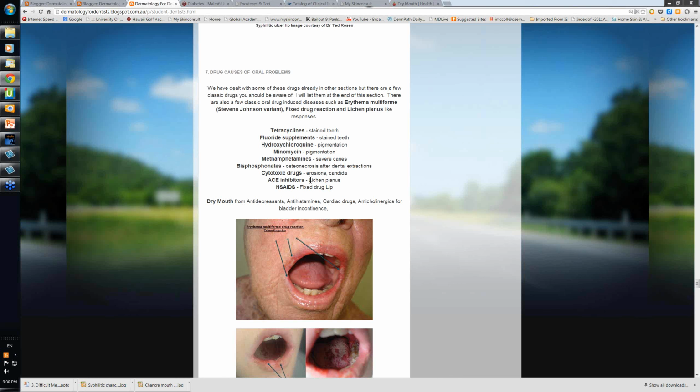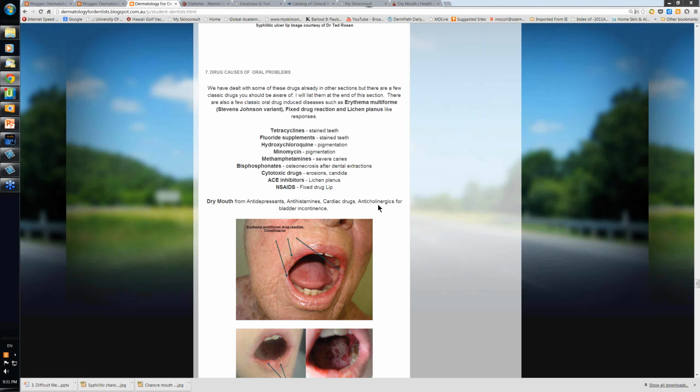We've talked about the ACE inhibitors and lichen planus, and the non-steroidal anti-inflammatories giving fixed drug reactions, particularly in the lip. And then you've got the dry mouth syndrome from a whole variety of drugs. And the consequences of a dry mouth: increased incidence of caries and periodontal disease. And of course, this will happen with antidepressants, antihistamines, some cardiac drugs,